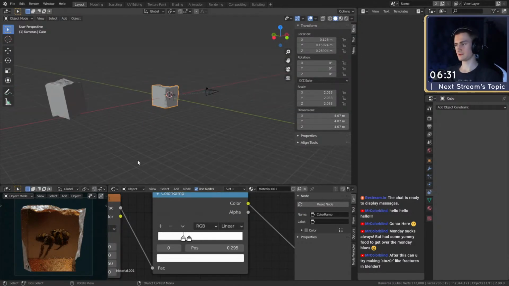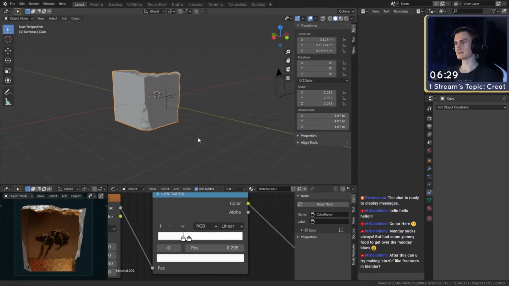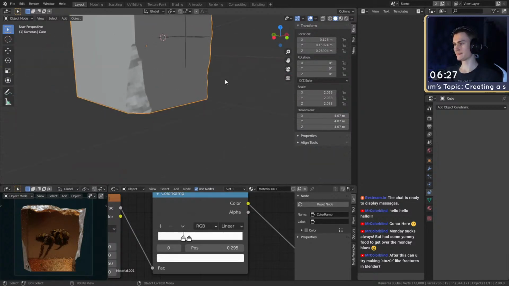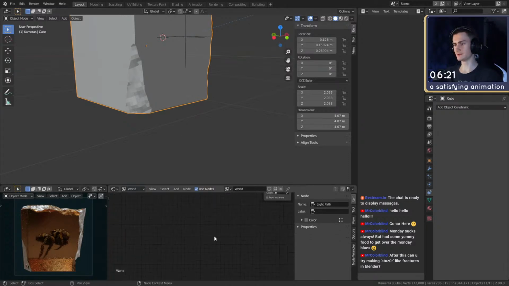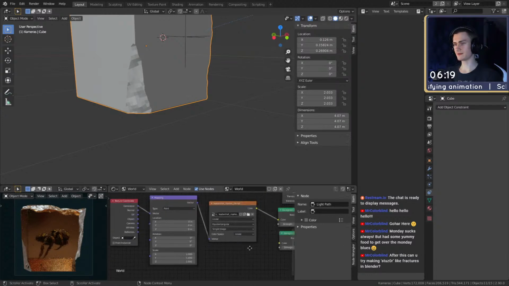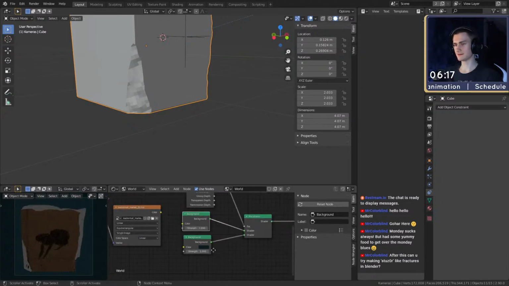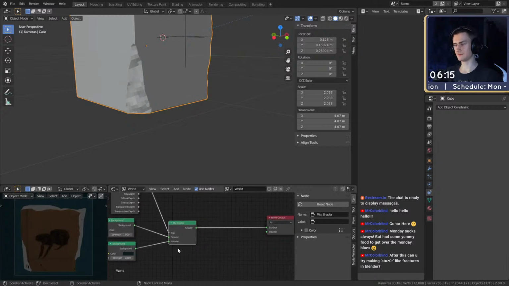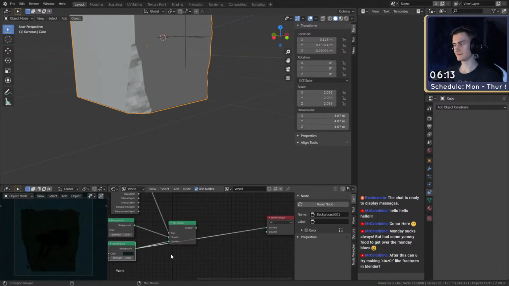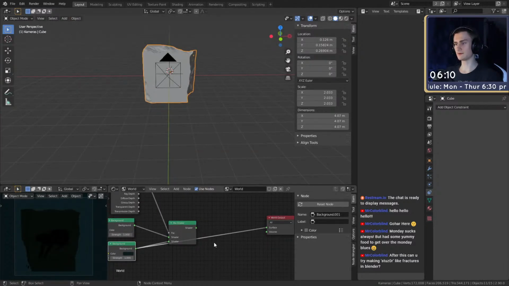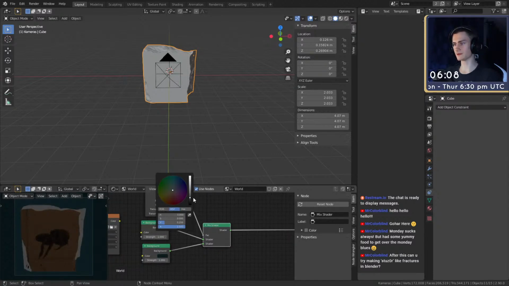So let's go in here and add some lighting. I think we don't need the HDRI, so let's disconnect that and plug this in solely. I guess we could probably just give this a color, something dark like that.